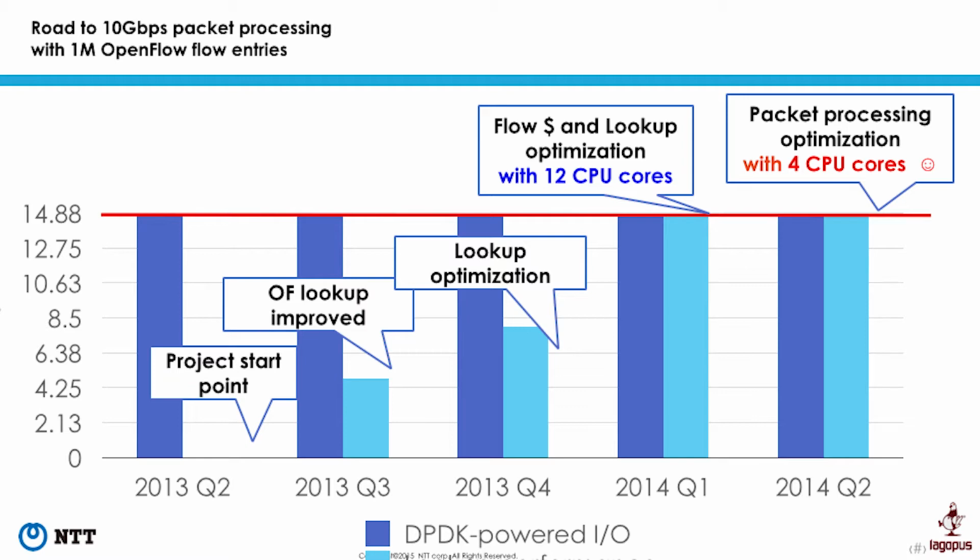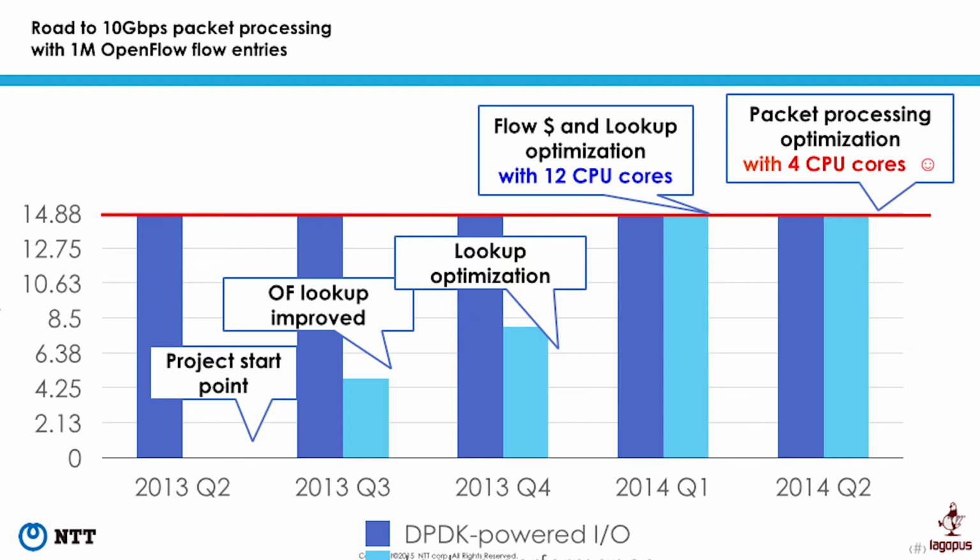DPDK did a great job. For example, we achieved 10G wire rate for short packets, only for the packet I/O. But we still need to think about high performance lookup and action for SDN-aware switches. For example, we started our project using the OpenFlow technique, but maybe you know the lookup for